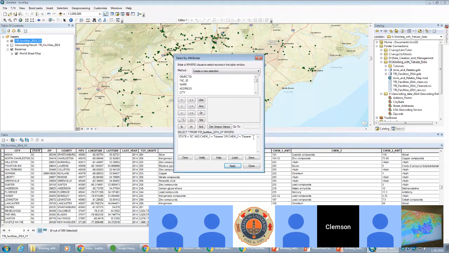We can go to our box and remove any of our last search here. So we're going to use a wildcard and say city, double click the city, click like, and here we're going to type. And so it needs to be